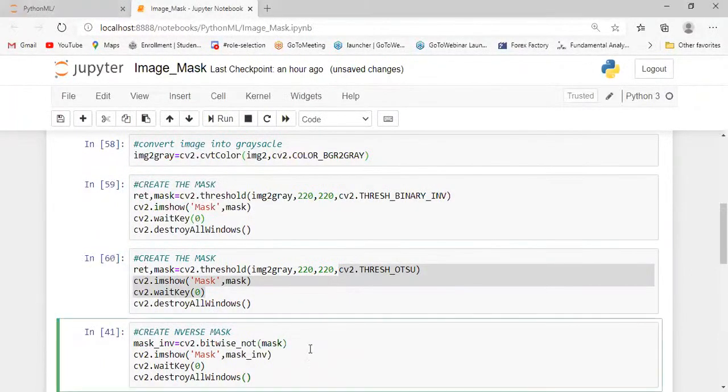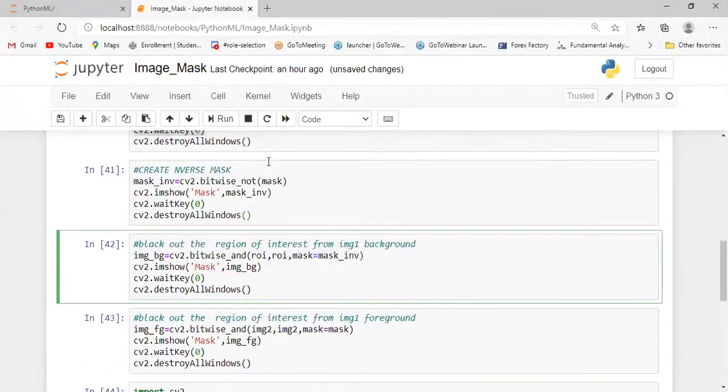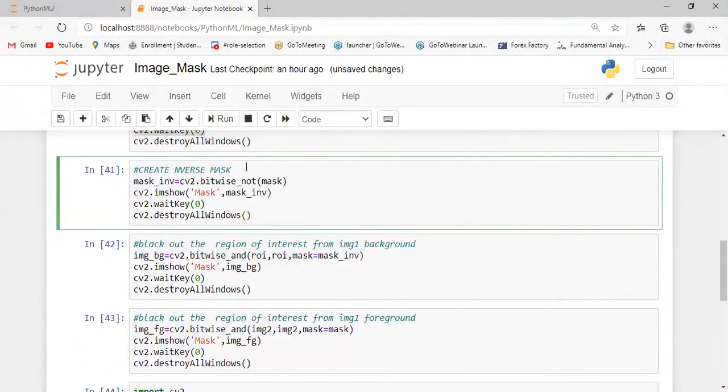Another mask is an inverse mask. In that we are using the bitwise operator, the bitwise not method here. Create a mask inverse variable, cv2.bitwise_not, then cv2.imshow, passing the mask inverse variable, cv2.waitKey.